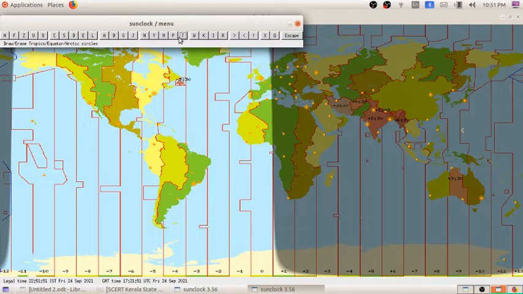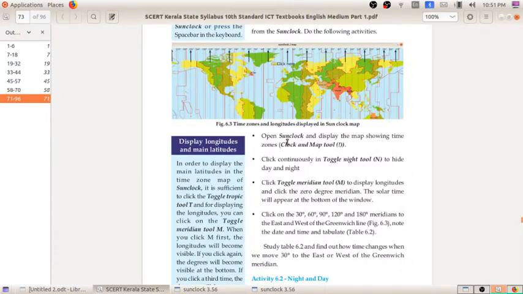And next, what they have told in that activity: open the Sunlock, display the map showing the clock and map tool exclamatory mark. Click continuously in the toggle night tool to hide day and night. So the second step is they are asking to continuously click the toggle night tool.